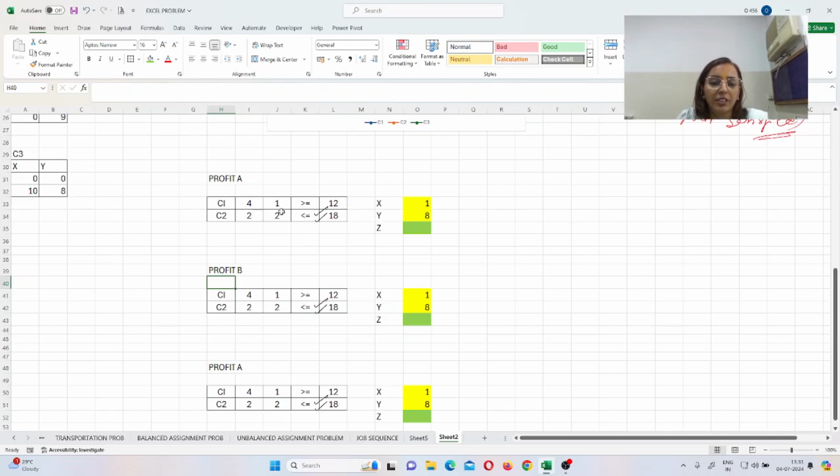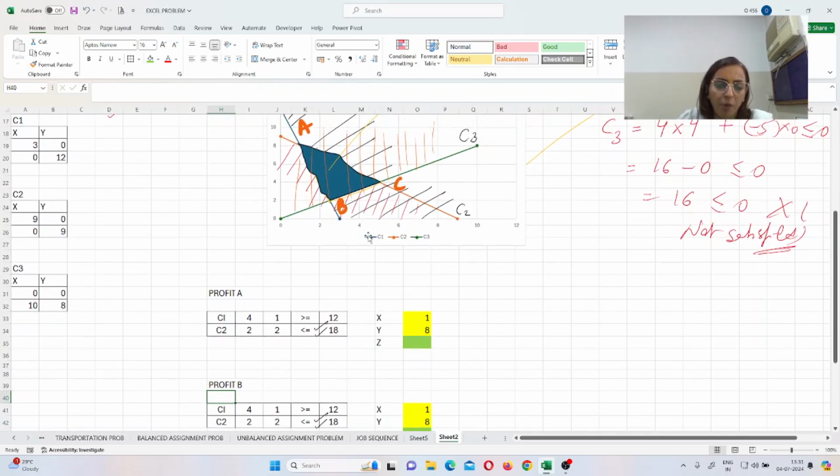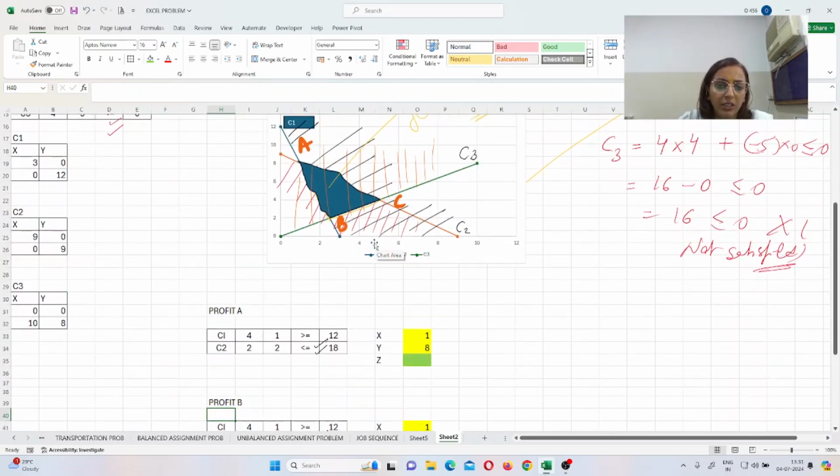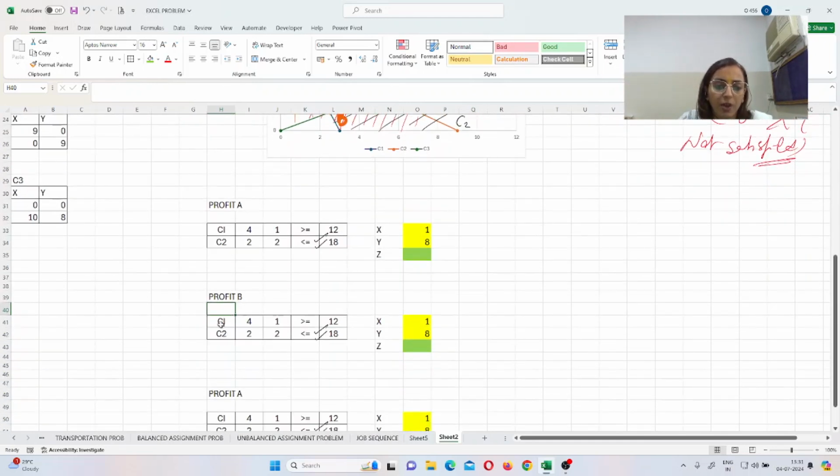The B point is coming up from these two lines. The B profit is coming not from C1 and C2. The B profit is coming, check it over the B line, that is a combination of C3, right? C3 is passing under C1, so write it as C1 and C3. So here you have to write C1 and C3, right?